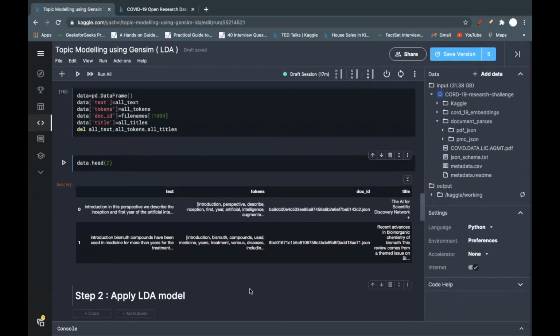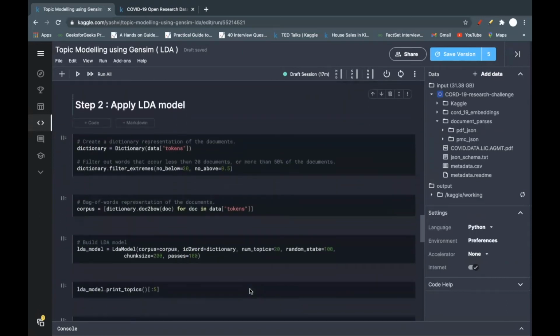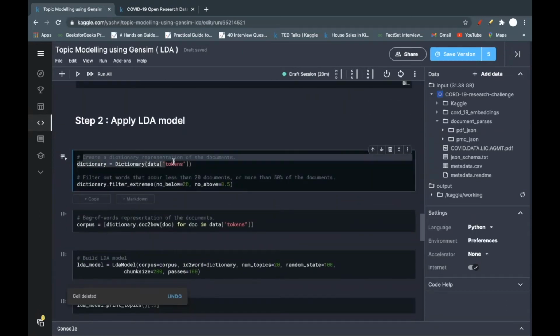The next step is to apply the LDA model. Here I'm creating a dictionary representation of documents, which just assigns an ID to each word so that we can convert our tokens into lists of numbers.